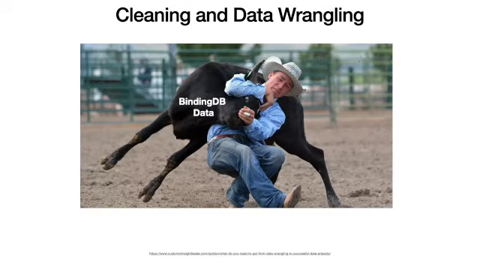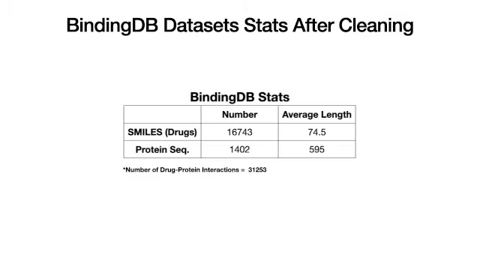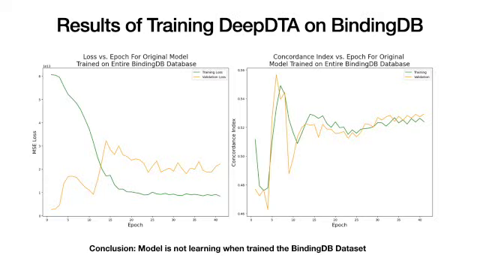I found early on lots of data wrangling was needed in order to get this particular data set in shape and in the format that the model could be used for training. At the end of all the data wrangling, I ended up with about 16,700 unique drugs, 1,400 unique protein targets, about 31,000 interactions. Moving on to training the data,